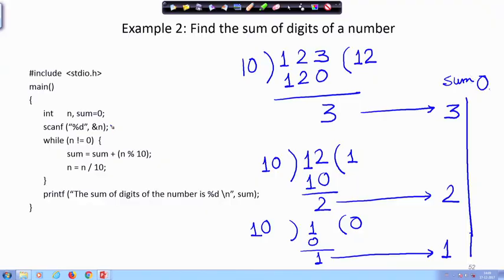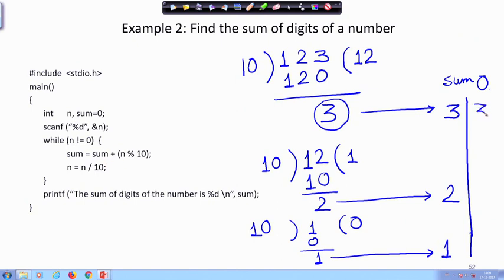Then I read the number, that is say 123 has come. Now, while the number n, that is 123, is not 0, then I add n modulus 10, n modulus 10 will give me what? The remainder 3, and add it to the sum.